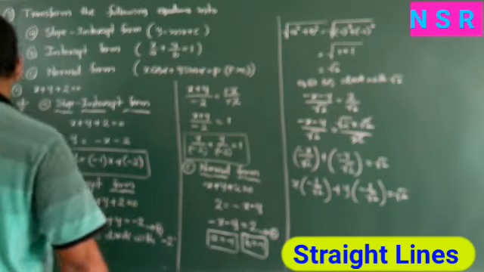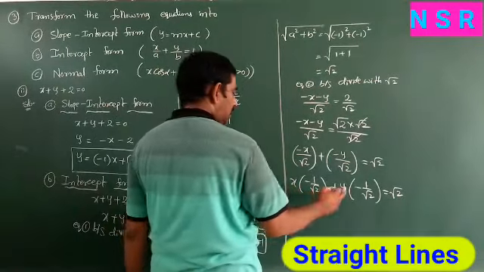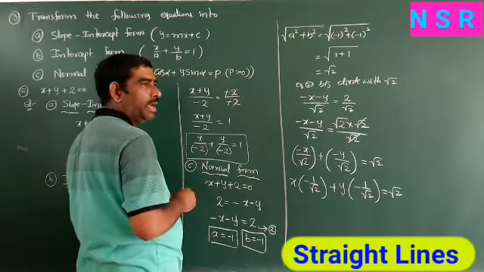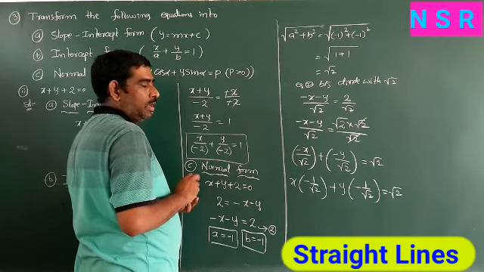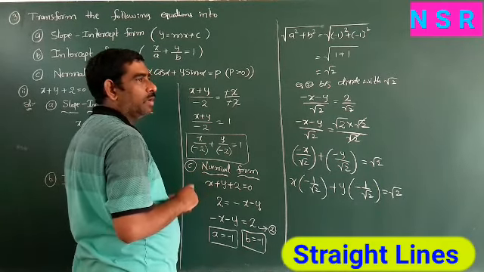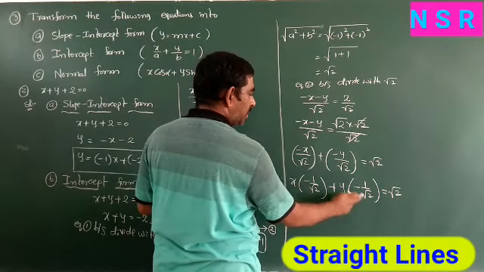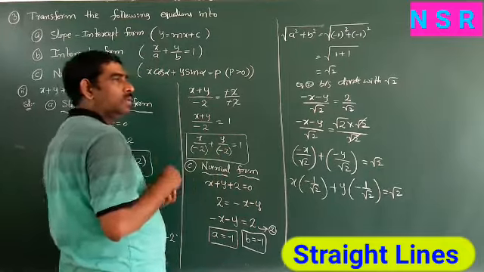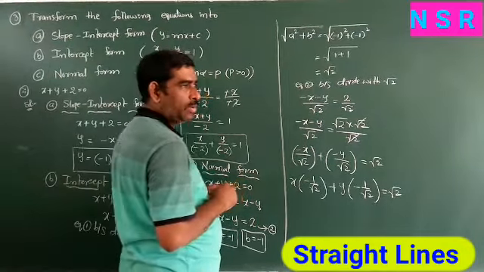Now the straight line is changed into normal form, that is x cos alpha plus y sin alpha equal to p. Observe this equation here: cos and sin both are negative. Sin and cos are negative in the third quadrant. In the third quadrant we have 180 plus theta and 270 minus theta. Observe here, if we had plus 1 by root 2 and plus 1 by root 2, sin and cos we get at the value of 45 degrees. Sin 45 value is 1 by root 2, cos 45 is also 1 by root 2, but here we have minus.